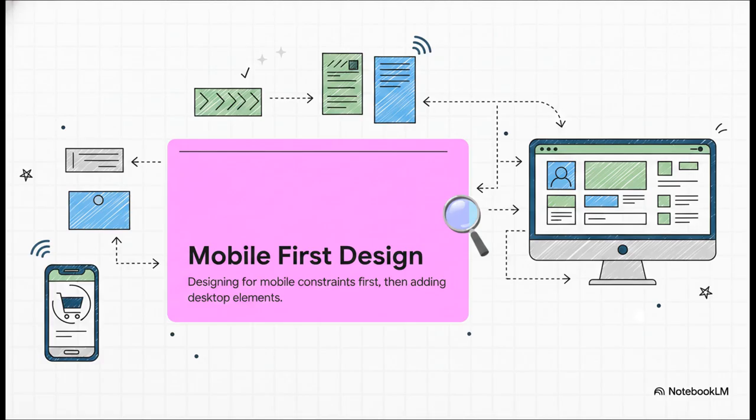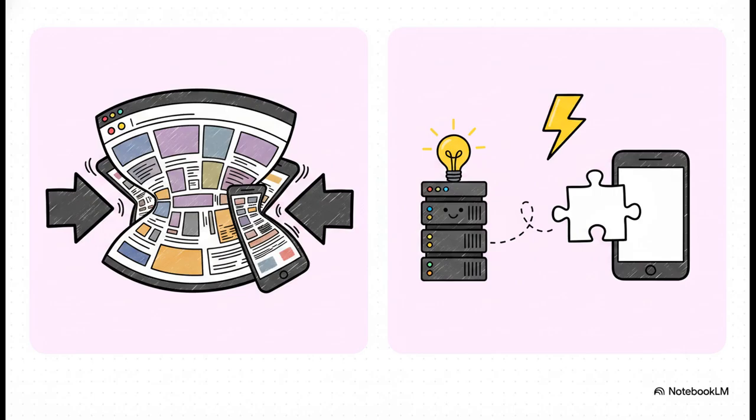That just doesn't work. So, you flip the script. You design for the absolute smallest screen and the slowest connection speeds first. This forces you to prioritize what functionality is truly necessary. Once you have that pristine, efficient mobile design, you then progressively enhance it, adding features back in for the desktop version. Now, when you're adapting your site across all these multiple screens, you generally have to choose between RWD and